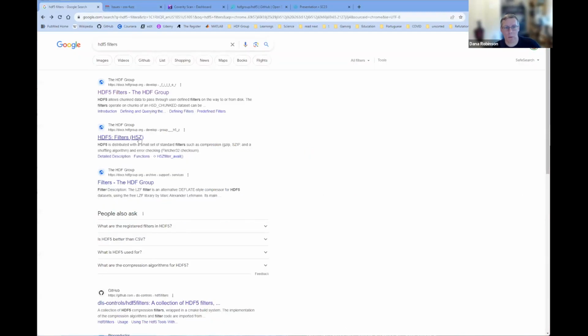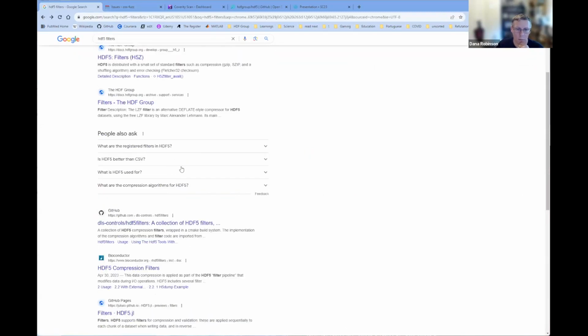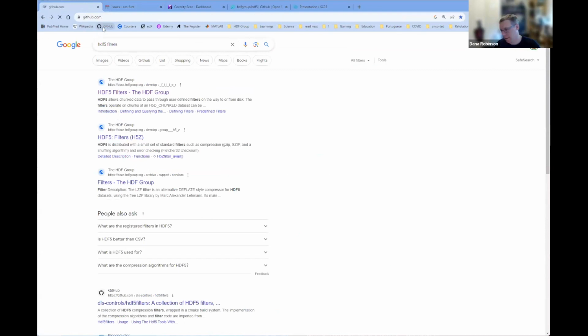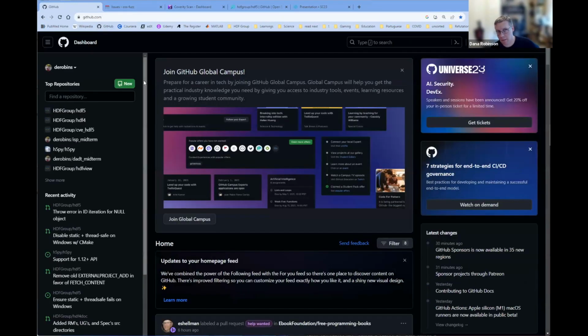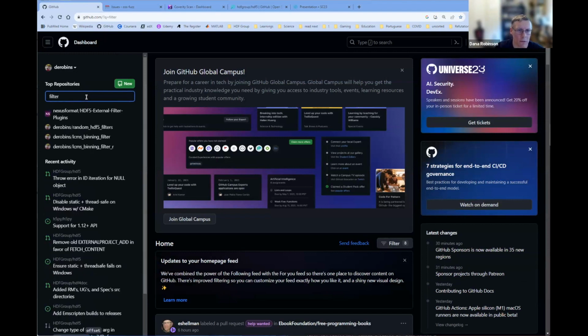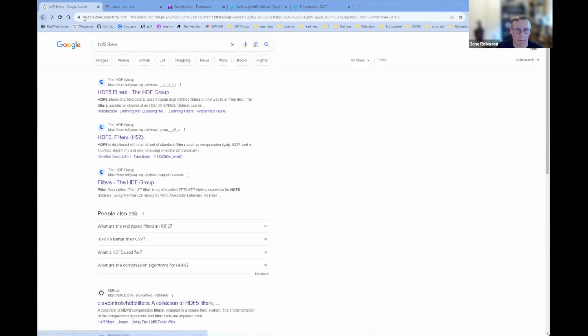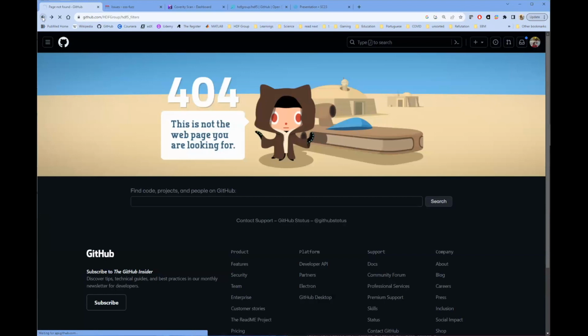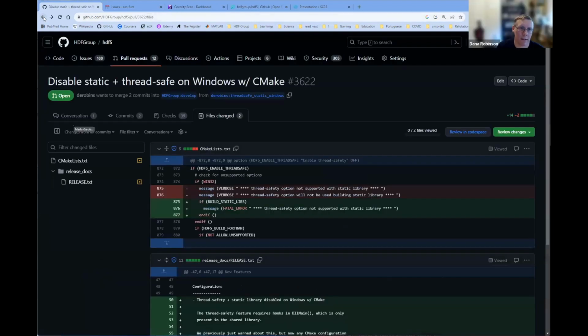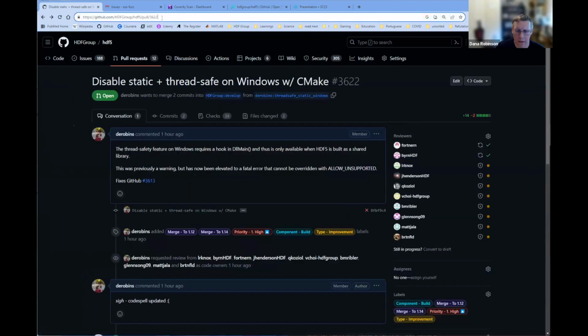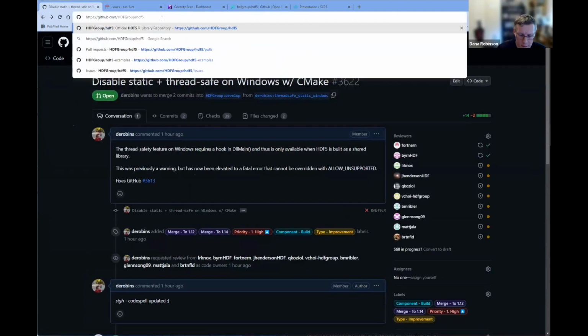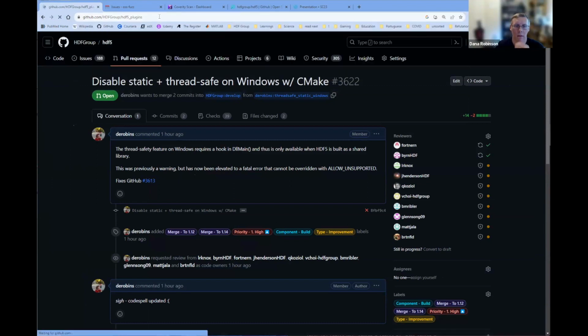So what we're going to be doing with the filter working group, one of the things that came out of the European user group meeting, is this. HDF5 plugins, there we go.